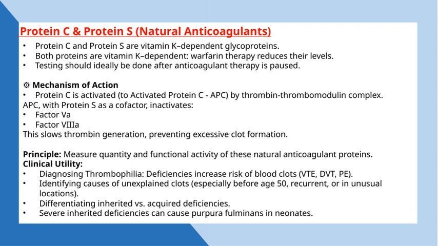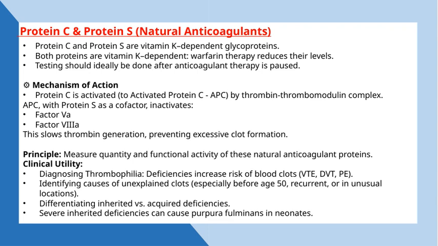Clinically, testing these proteins is valuable for diagnosing thrombophilia, which is a predisposition to blood clots. Deficiencies in protein C or S can increase the risk of venous thromboembolism, deep vein thrombosis, or pulmonary embolism. It's especially useful in cases of unexplained clots, particularly if they occur before age 50, happen repeatedly, or are located